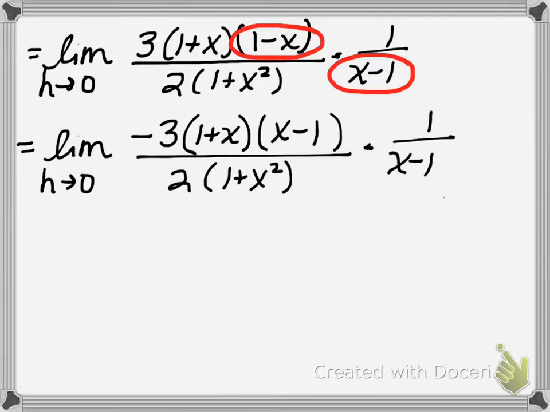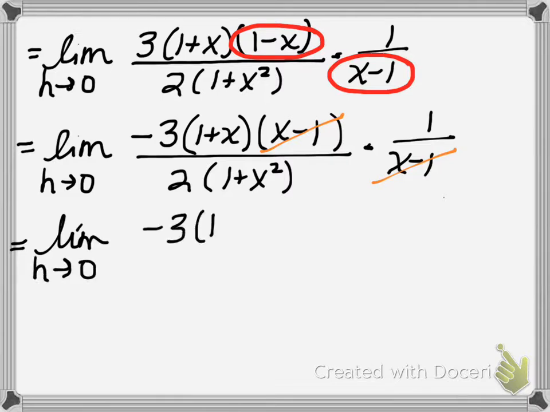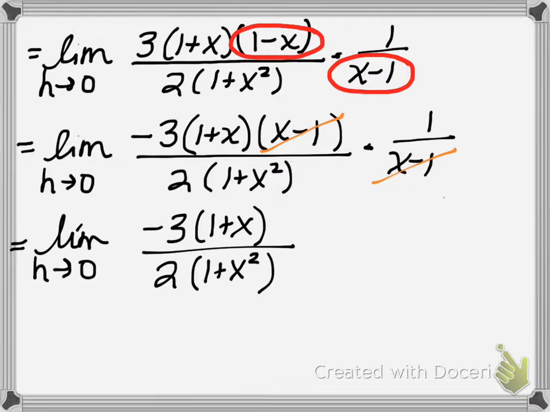And finally we've reached the point where we can successfully divide out the x minus 1 in the denominator with the x minus 1 in the numerator. So we've got the limit as h approaches 0 of negative 3 times the quantity 1 plus x divided by 2 times the quantity 1 plus x squared. And finally,